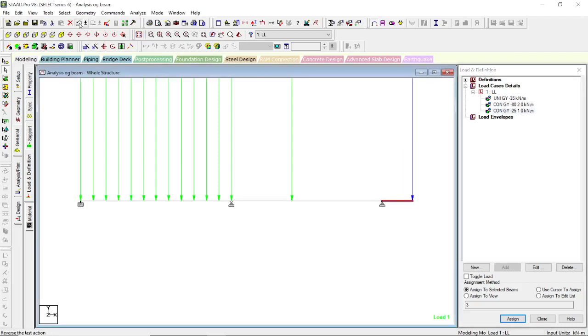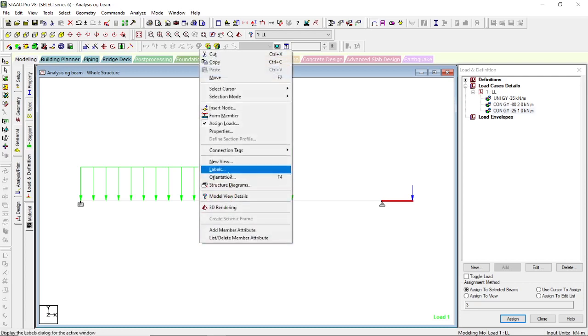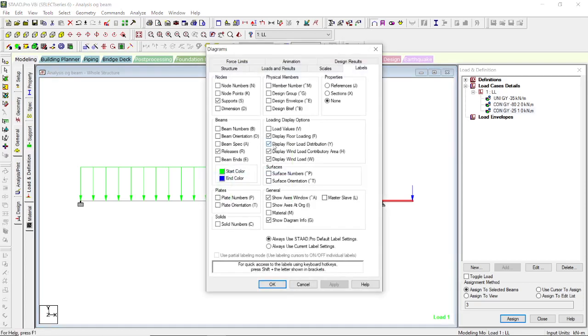Now we can view the load value by clicking the right button on your mouse, then select the label option. There are many options there. In order to view the load value, you can click here, then click apply and OK.